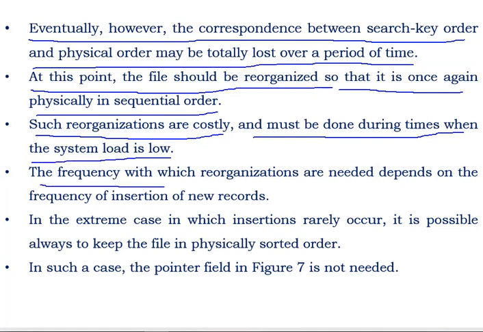The frequency with which reorganization is needed depends on the frequency of insertion of new records. Suppose we have deleted 5 records and we have 5 new records at that time. It will be efficient, since we have 5 free blocks and 5 new records. So it is okay. What if we have 10 deleted blocks?